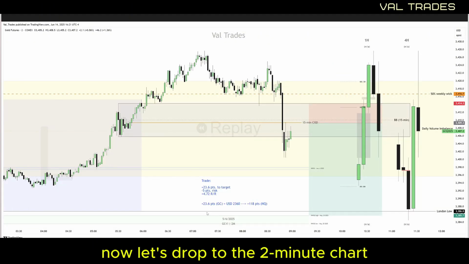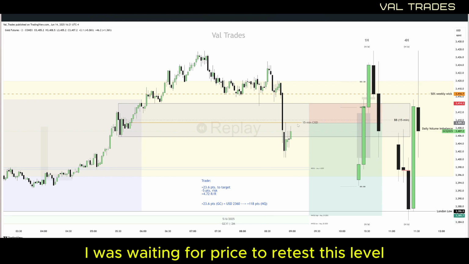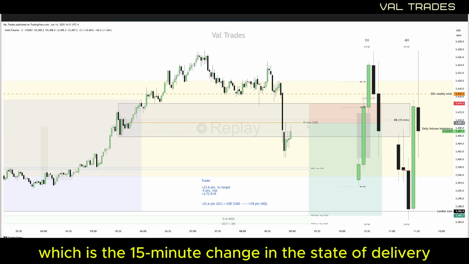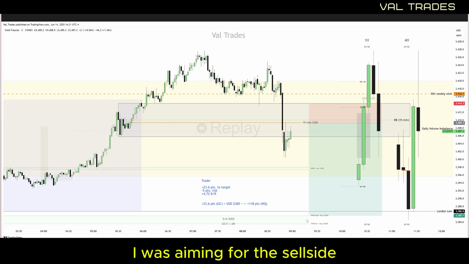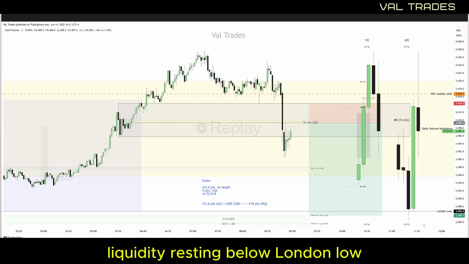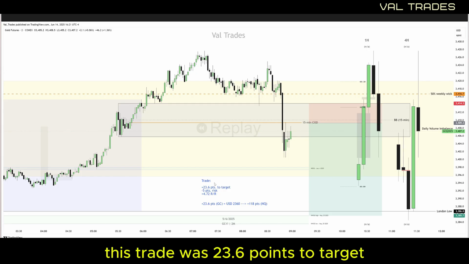Now, let's drop to the 2-minute chart. At this point, I was ready to frame my next trade idea. I was waiting for price to retest this level, which is the 15-minute change in the state of delivery. The stop loss was here at the breaker block's high. I was aiming for the sell-side liquidity resting below London low, which also overlaps with this new wick opening up. This trade was